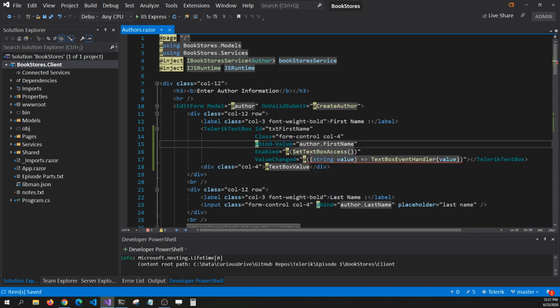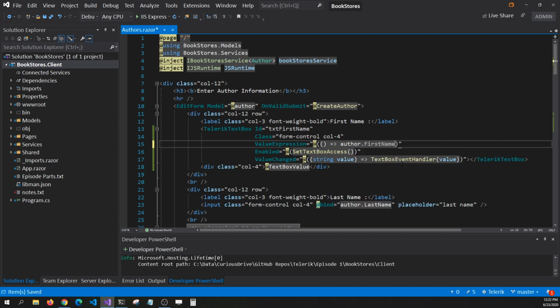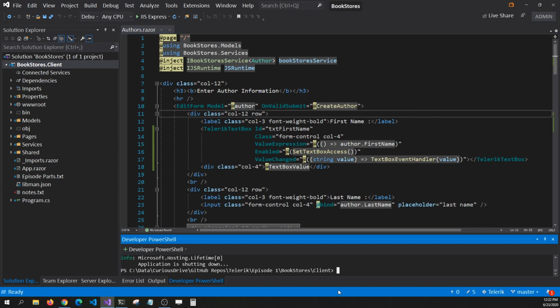So for fixing that, I'm going to use value expression. So I'm going to use value expression, and for handling that, I'm going to say please map this to our author first name. Okay, so that should fix that problem. All right, let's stop this and rerun this again and see if we can put every keystroke of our text